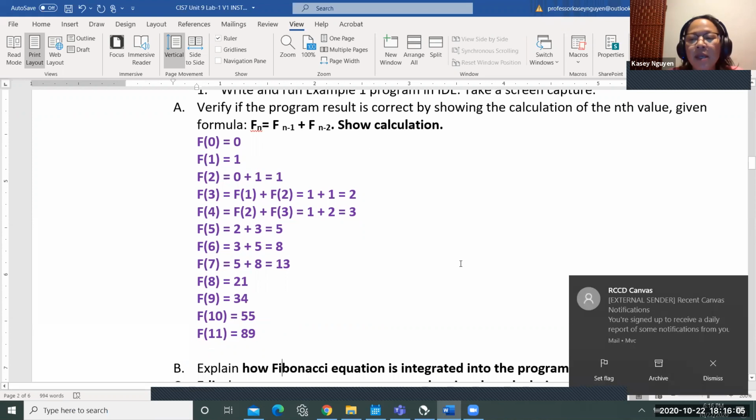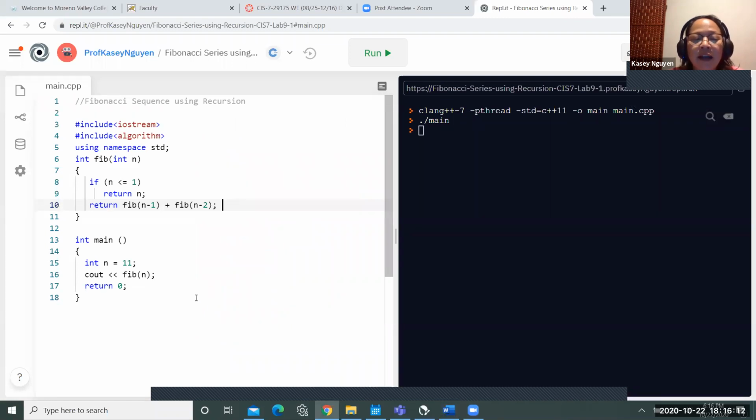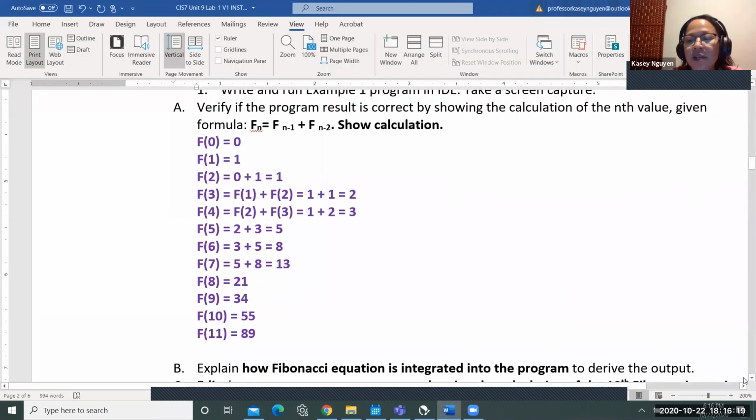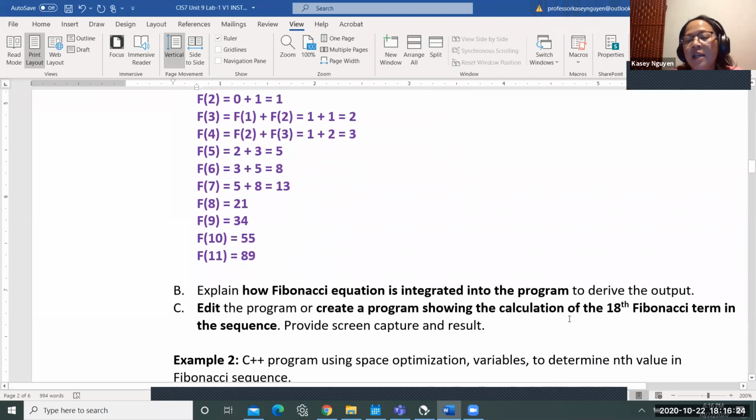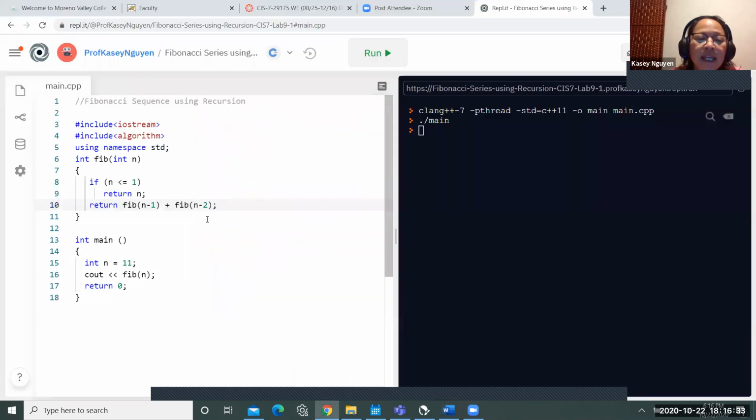Then for part B, after you have looked at your program, run your program, and calculated your sequence, then you would explain how the equation of Fibonacci is integrated into the program to give you the output. So as I mentioned earlier, we want to pay attention to the function itself, how it's defined.